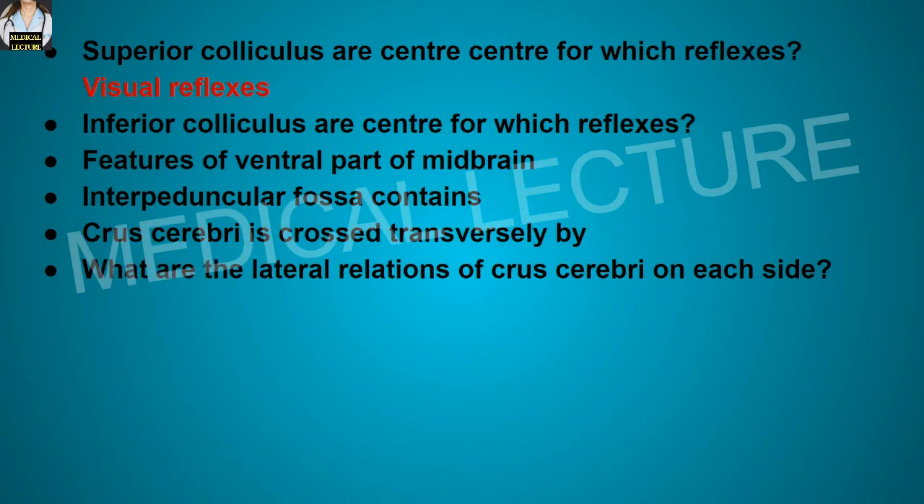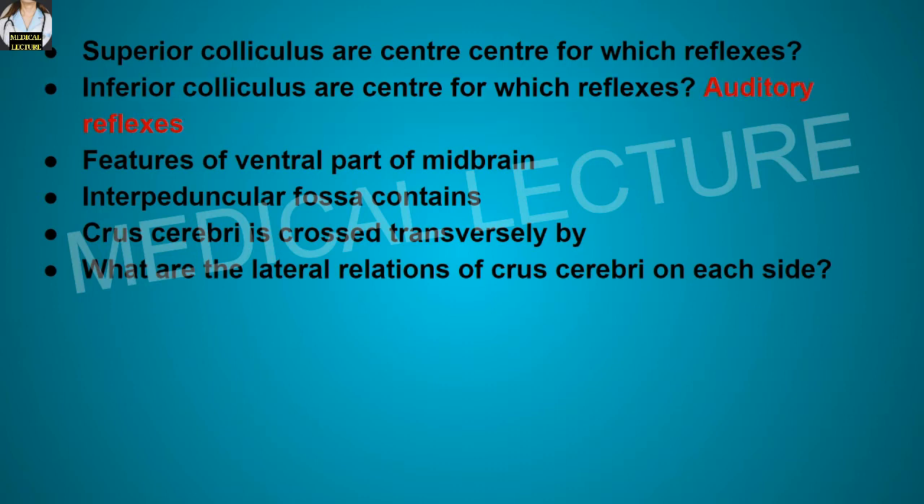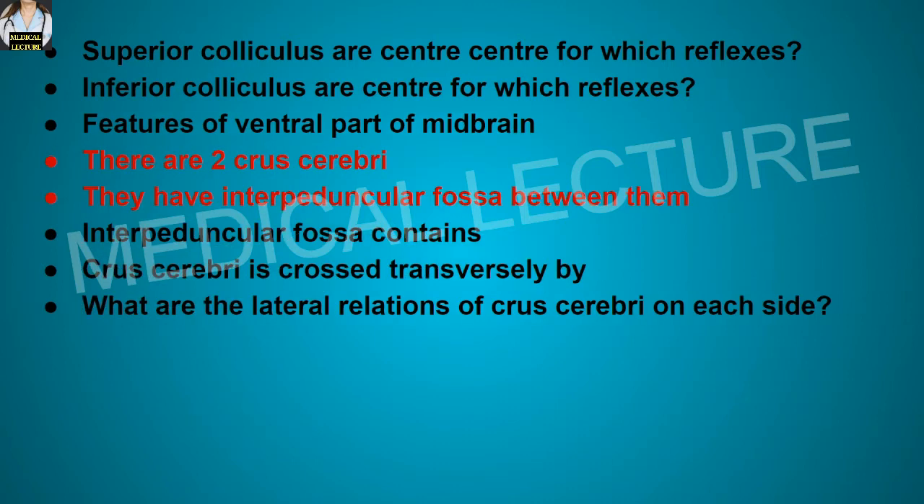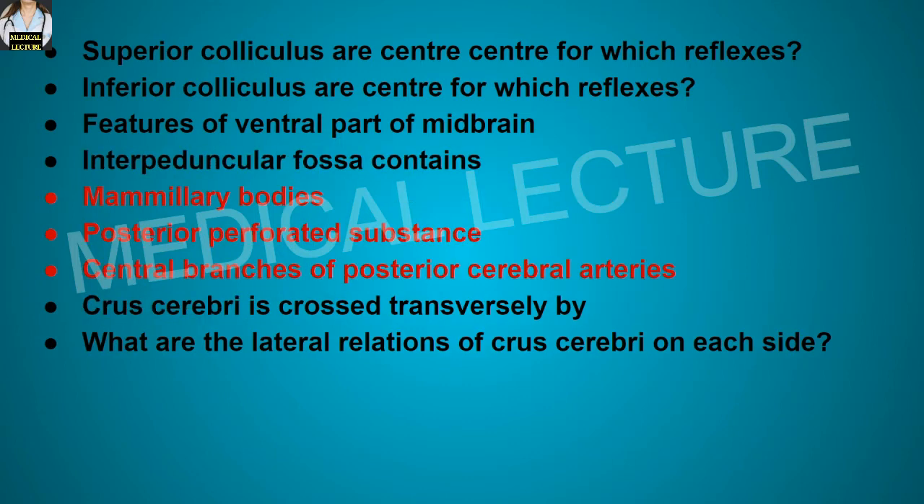For the visual reflexes. Inferior colliculus are the center for which reflexes? For the auditory reflexes. Features of the ventral part of the midbrain: there are two crus cerebri present and they have the interpeduncular fossa between them. Interpeduncular fossa contains what? It basically contains mammillary bodies, posterior perforated substance and the central branches of the posterior cerebral